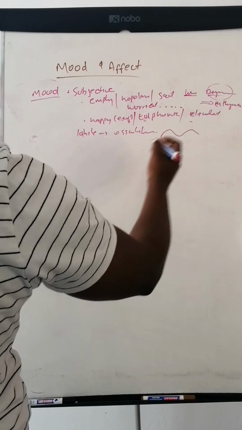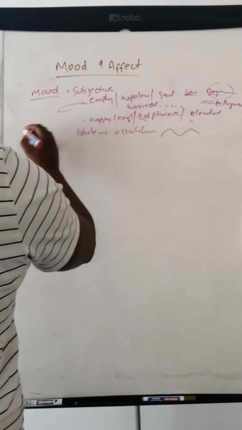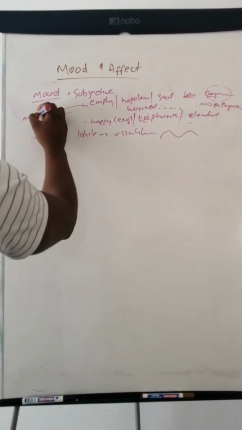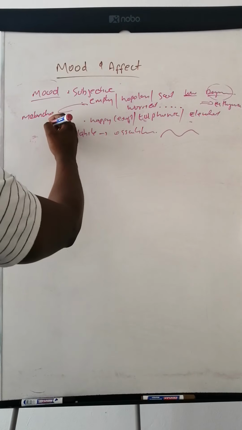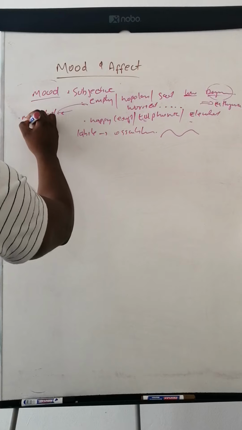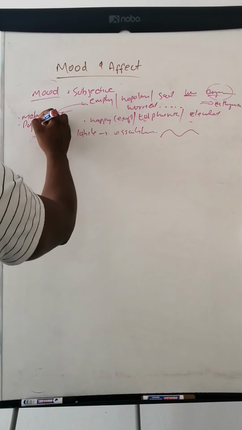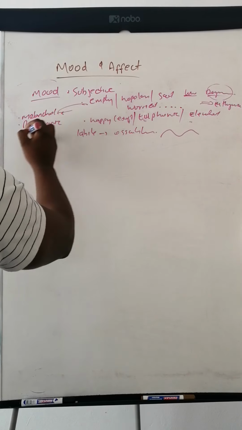You can also have, this is under a low mood now, a melancholic, dysphoric mood. Or elevated mood, ecstatic, things like that. You can also talk of